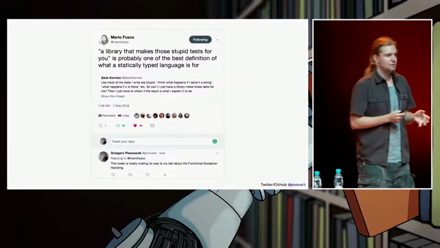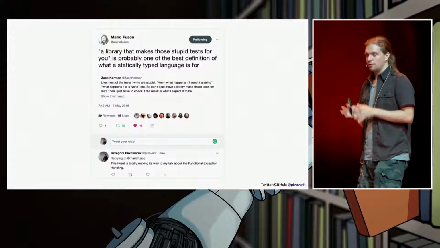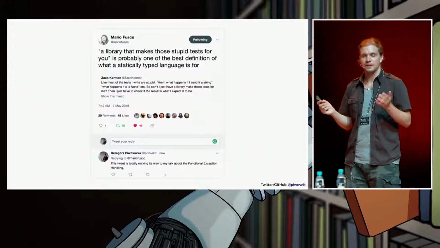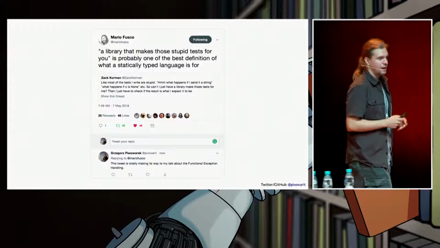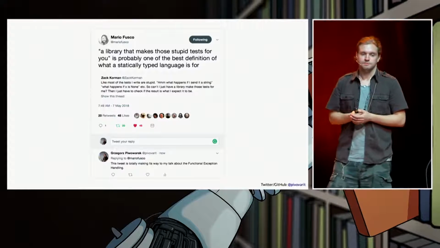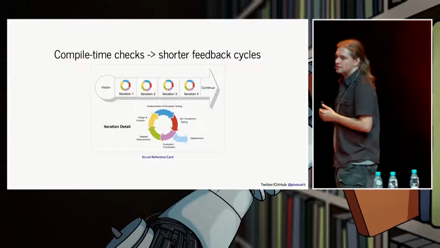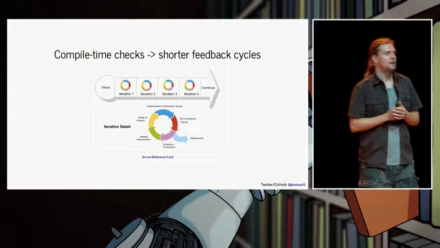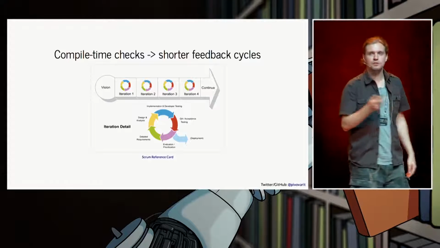Because often, if you are in the flow and you get distracted for more than like 10 or 15 seconds, you lose the flow. And it's very hard to come back to that state. So that's not perfect. And at this point, I think it's quite important to recall the main principle of Agile. What's the main principle of Agile?